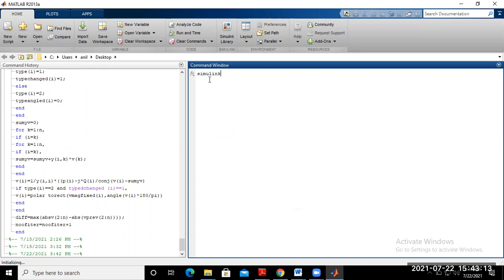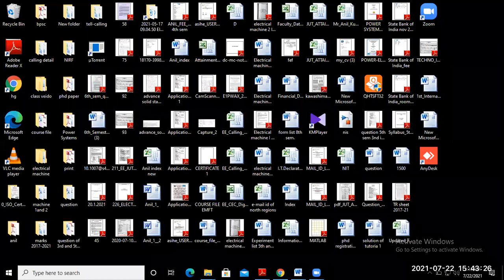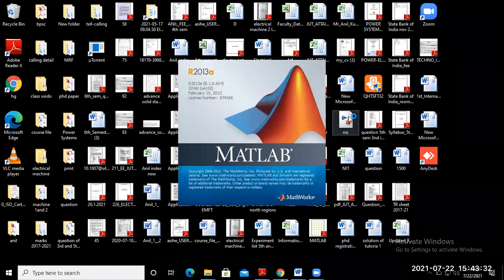Simulink here and enter. Just again close this one and try to reopen MATLAB. It takes some time to create the new workspace. Too much slow.